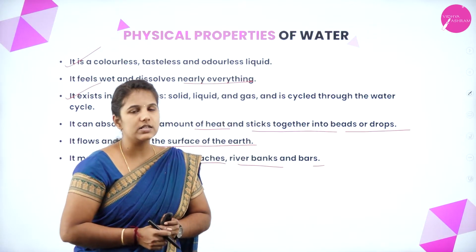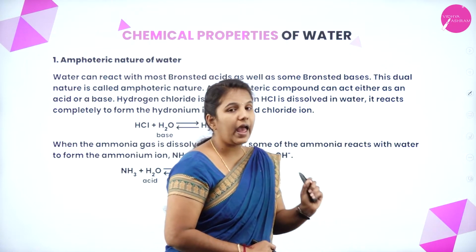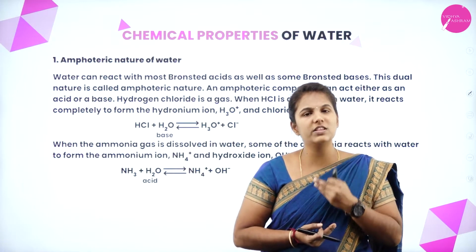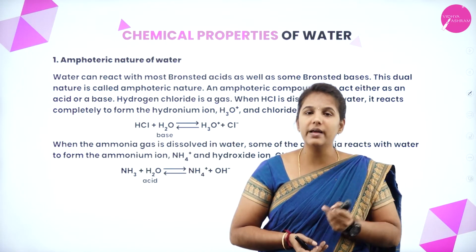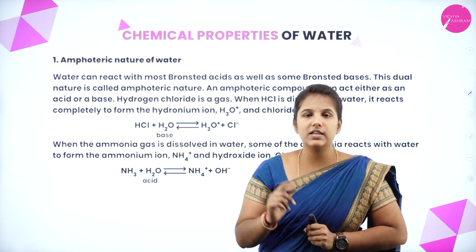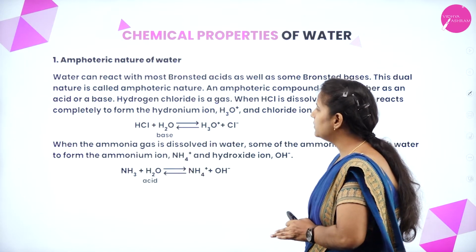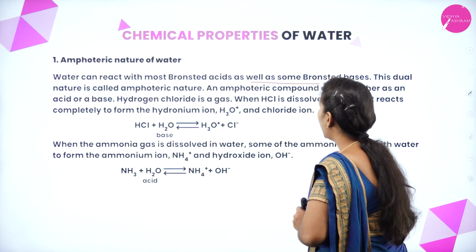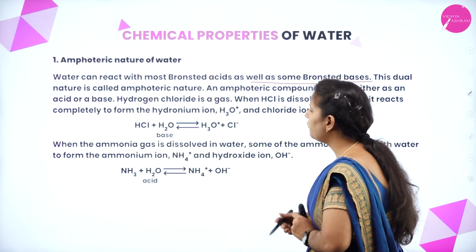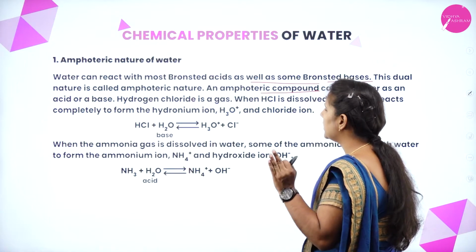Okay. Next we will understand the chemical properties of water. Under that we are going to understand the amphoteric nature of water. We all know that amphoteric substances are those which behave like both acids as well as bases. Here our water itself can behave as an acid as well as a base. Let us understand the reaction now. Water can react with Bronsted acids as well as some Bronsted bases. This dual nature is known as amphoteric nature. The amphoteric compounds can act either as an acid or